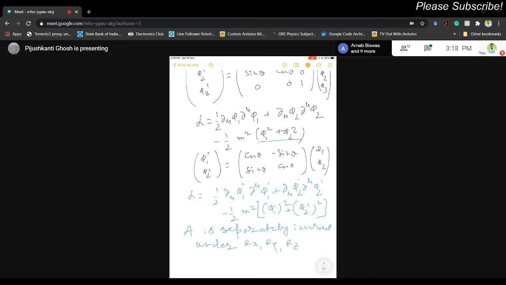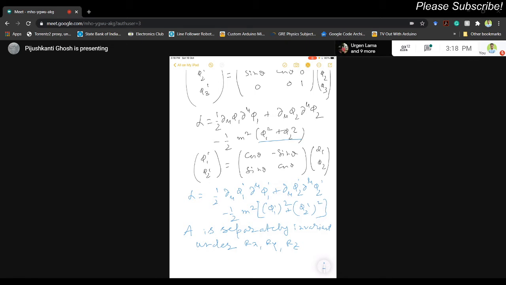When I take Rx, Ry, Rz involving coordinates, that is space-time symmetry, and that is always present for a Lorentz invariant theory. When I talk about a transformation using phi 1 and phi 2 in the internal space, there is no relation with the spatial coordinates apart from the similarity of this matrix, cos theta minus sin theta, the rotation matrix. Apart from the rotation matrix, there is no similarity. Still, this is invariant.